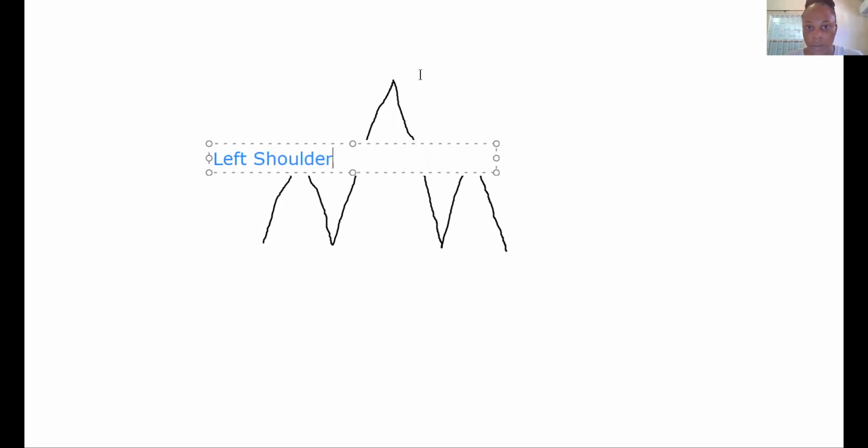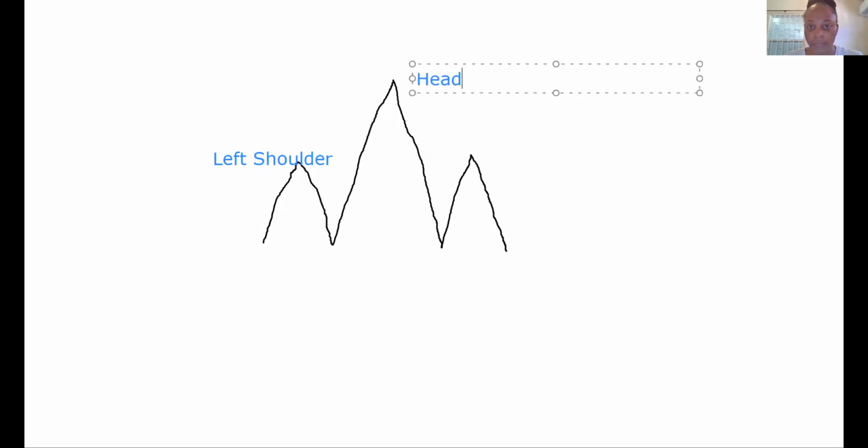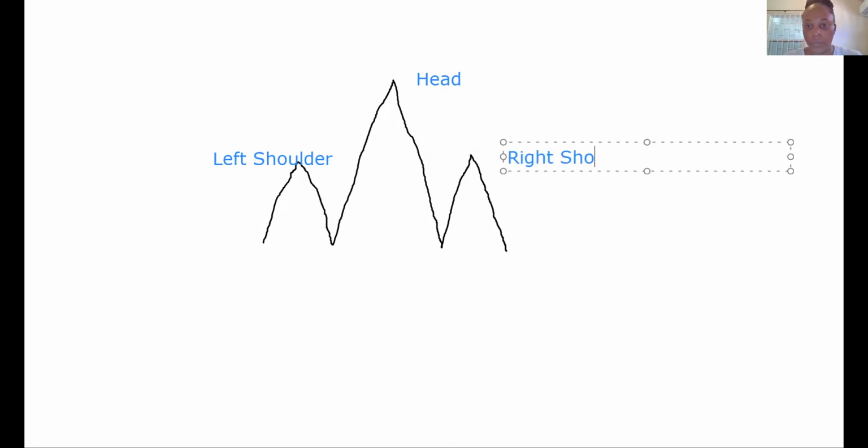Right? Then you have the head. And finally, you have the right shoulder. So these are the first 3 that we're discussing today. The left shoulder, the head, and the right shoulder, right? Now,